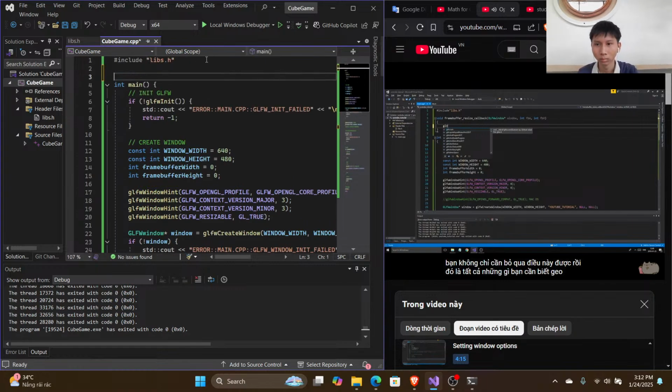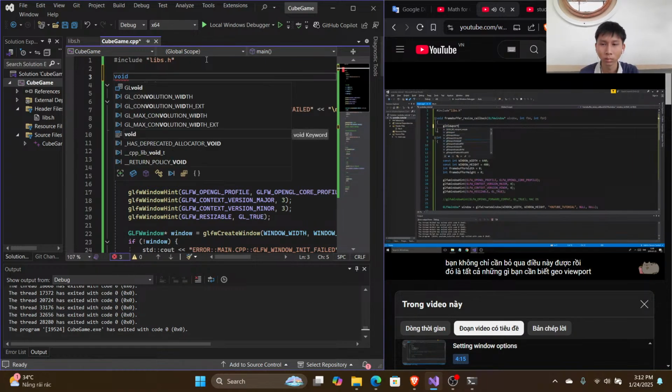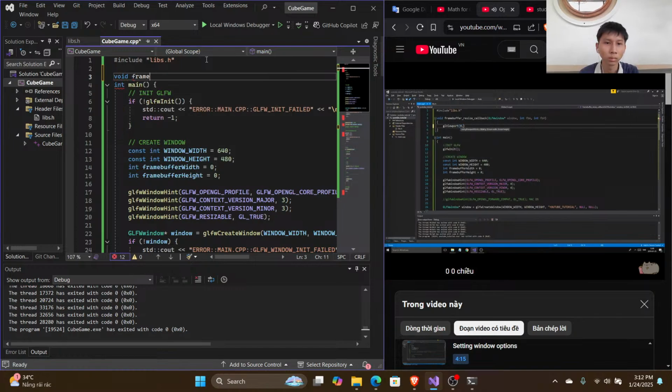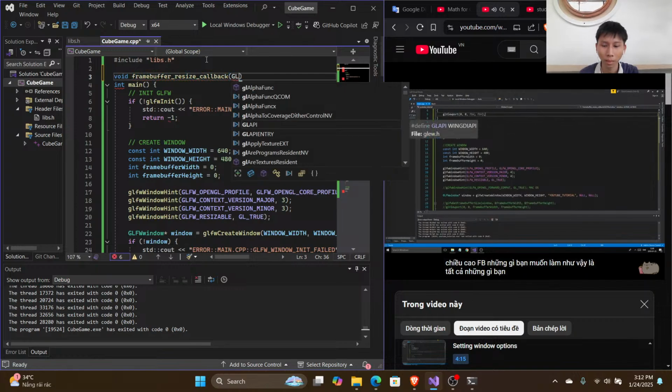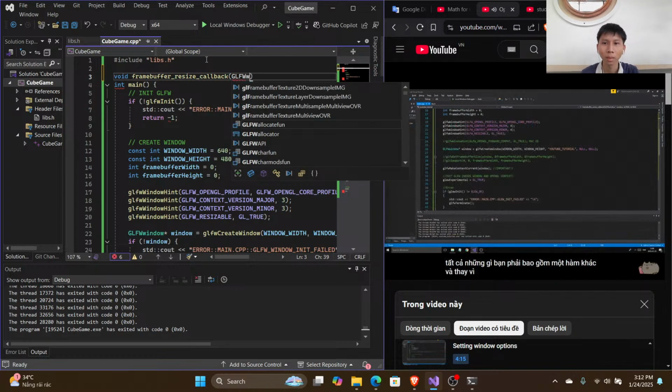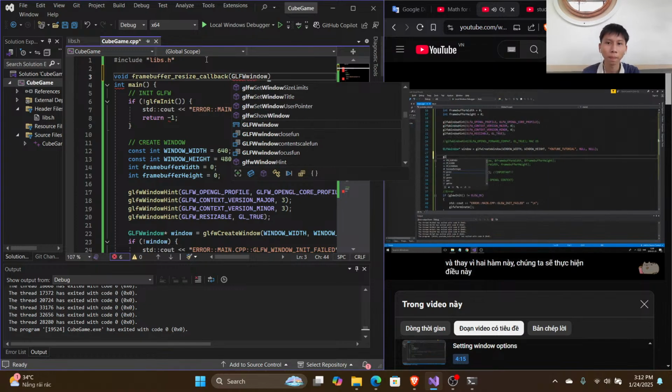GL viewport 0 0 the new FB width and the new FB height. That's what you want to do. That's all you have to include in the function. And instead of these two, we're gonna do this: glfw set frame buffer